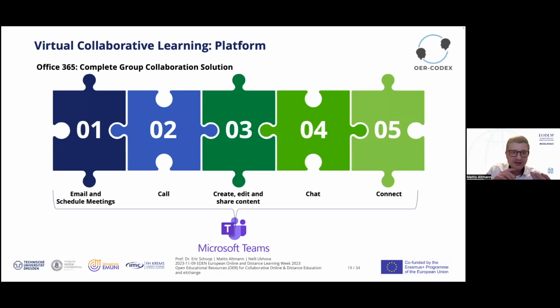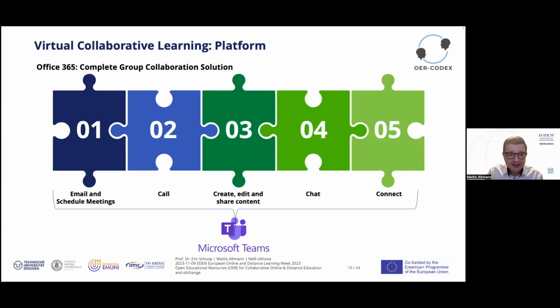They can email, they can schedule meetings, they can have calls, video calls, audio calls, they can chat. They can create, edit, and share content via the cloud function, using the Office 365 software range like PowerPoint, like Word. Everything is on board, so there's no extra requirement for the students.